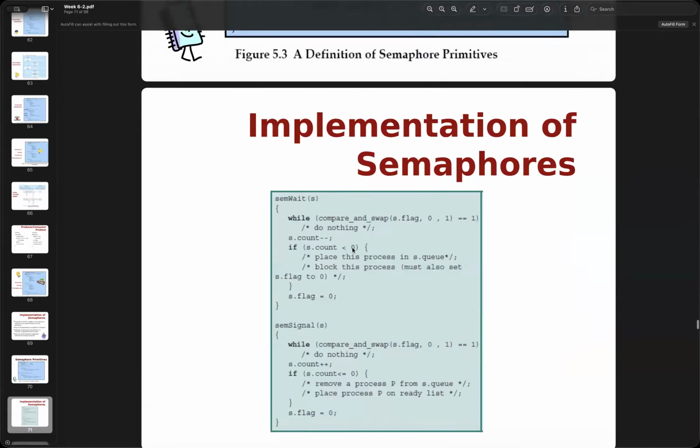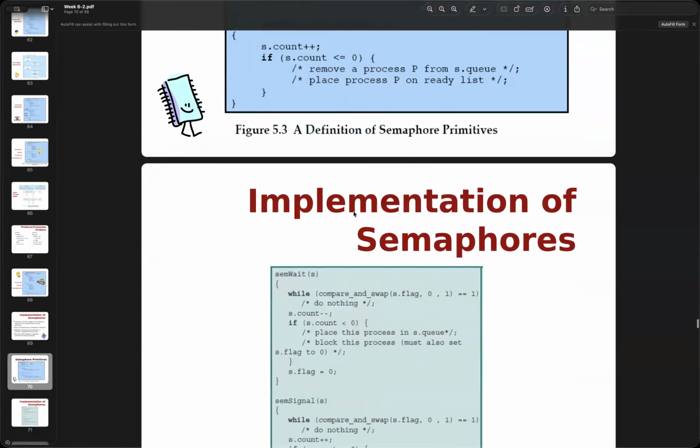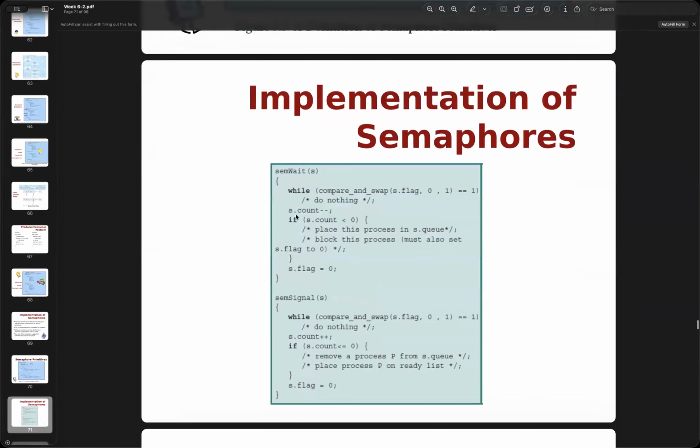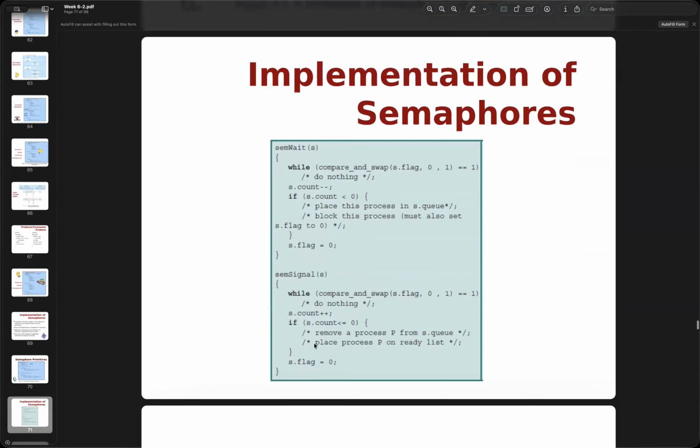Giving you more details on how we can use the flag and queue to really implement it. So we have the wait, while, and then decrement. We need to set the flag to 0, okay, right here. And then next is signal. Okay, so we are checking, and when we try to implement, we will do a compare, if you still remember compare and swap.